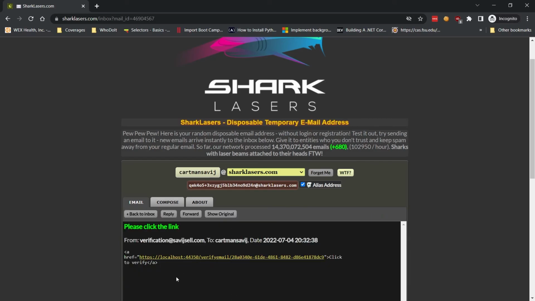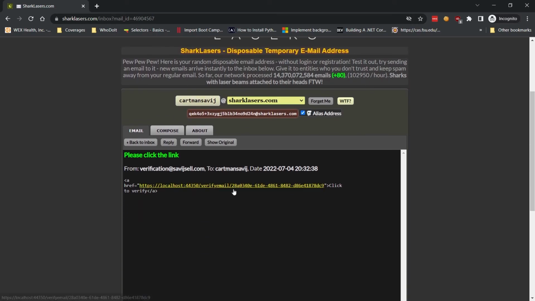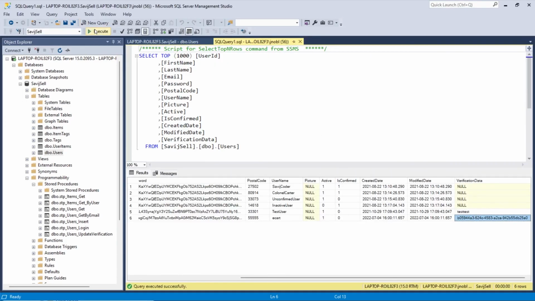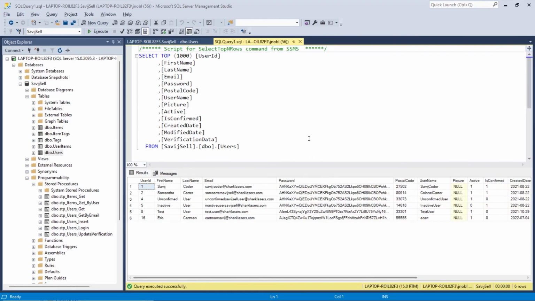And it does not do HTML email, but it is allowing the link to be there. So what we need to do now, first we need to make sure that the GUID 28A that ends in DC9 is the one that's in the database. So let's just verify that. 28A, DC9. Okay, so we're good. So now what we want to do is we got the new user sign up and we have sent our